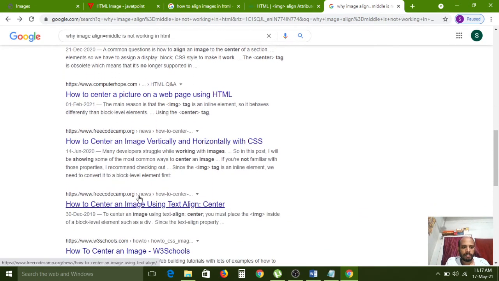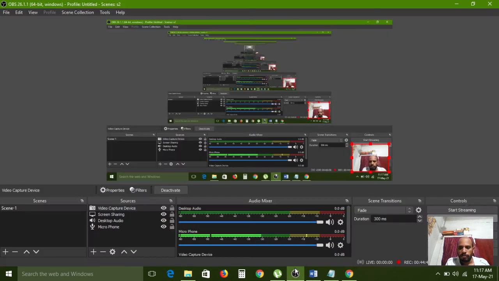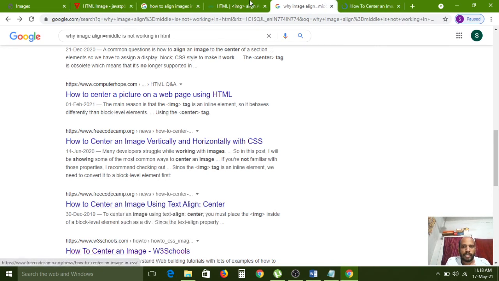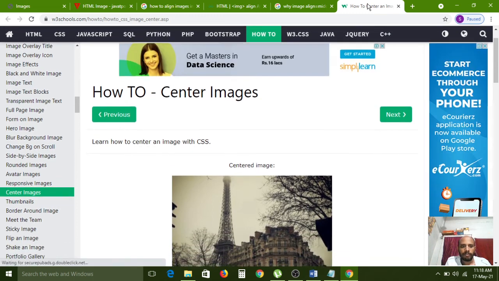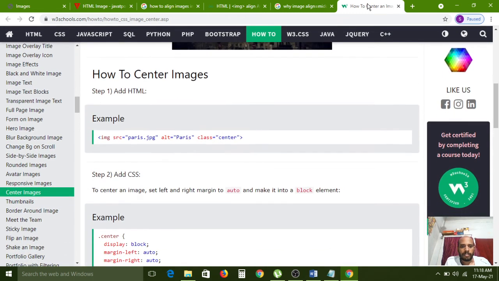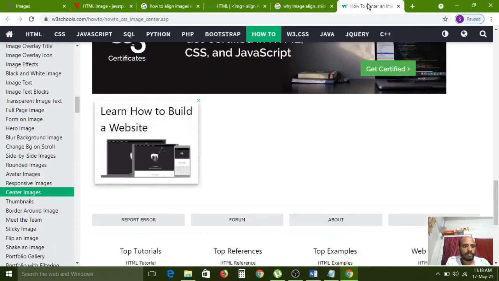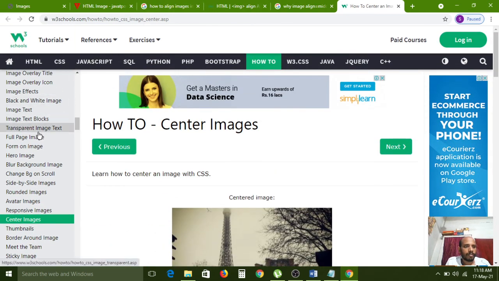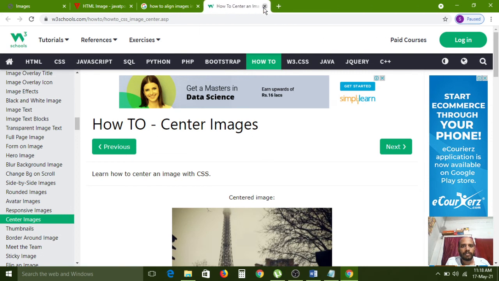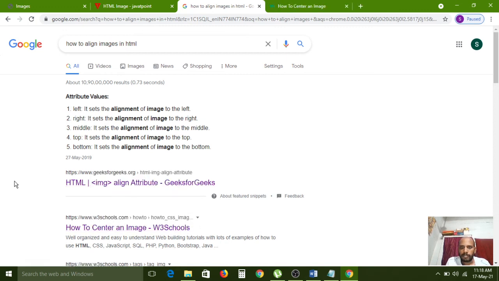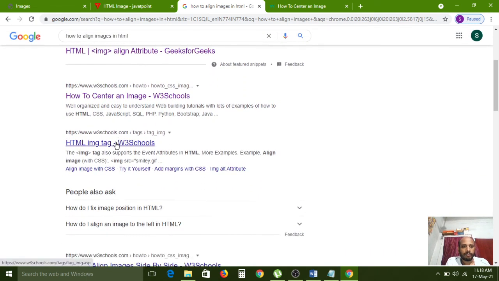Wait. How do I center an image? Image tag.